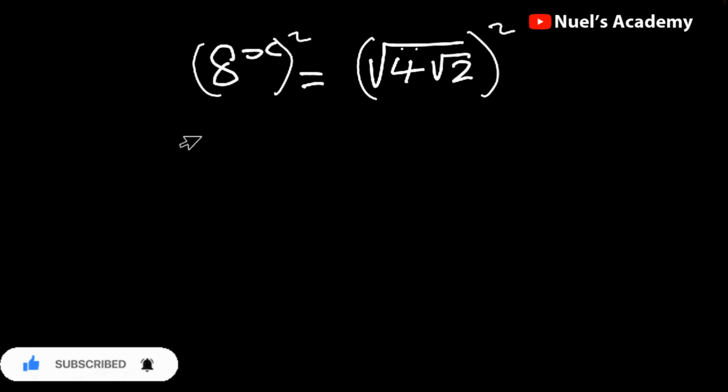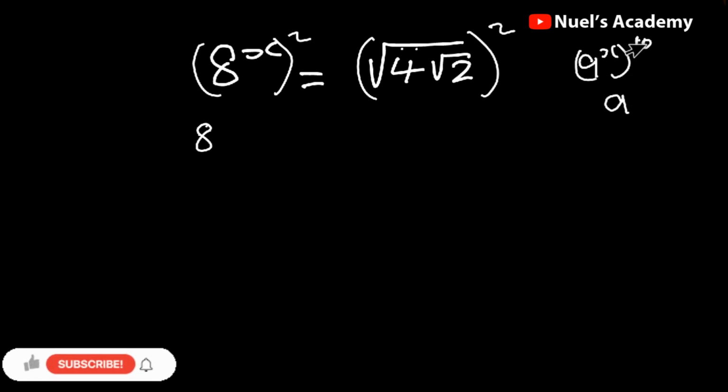So what we have here is 8 raised to the power x. According to indices, if you have a raised to the power x, multiplied by, or rather raised to the power of 10, this can be expressed as a raised to the power 10 times x, which is 10x. So we're going to apply this law of indices here. We're going to multiply this x and 2. So it's going to be 2x, then equal to, now this and this will cancel, because this square root